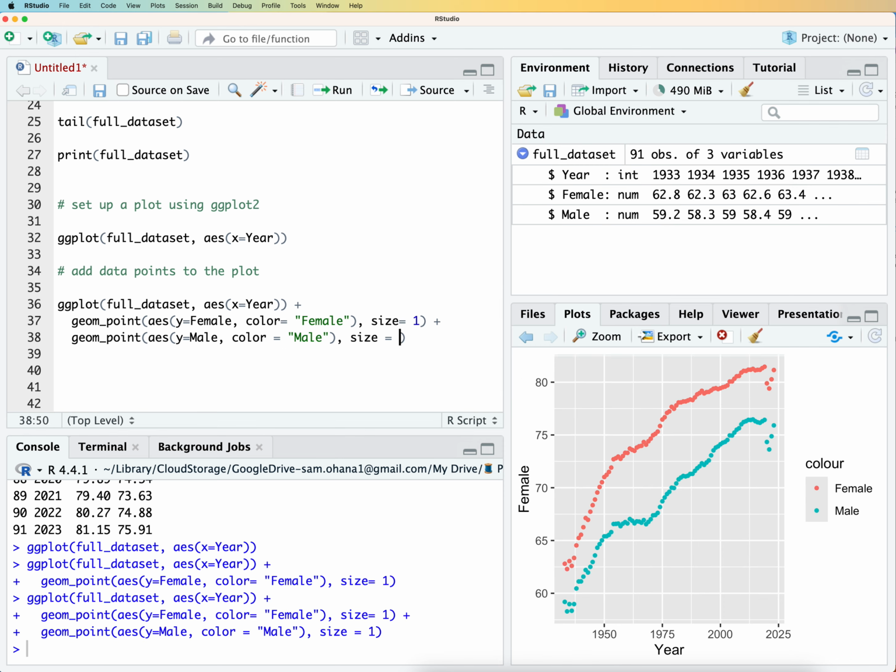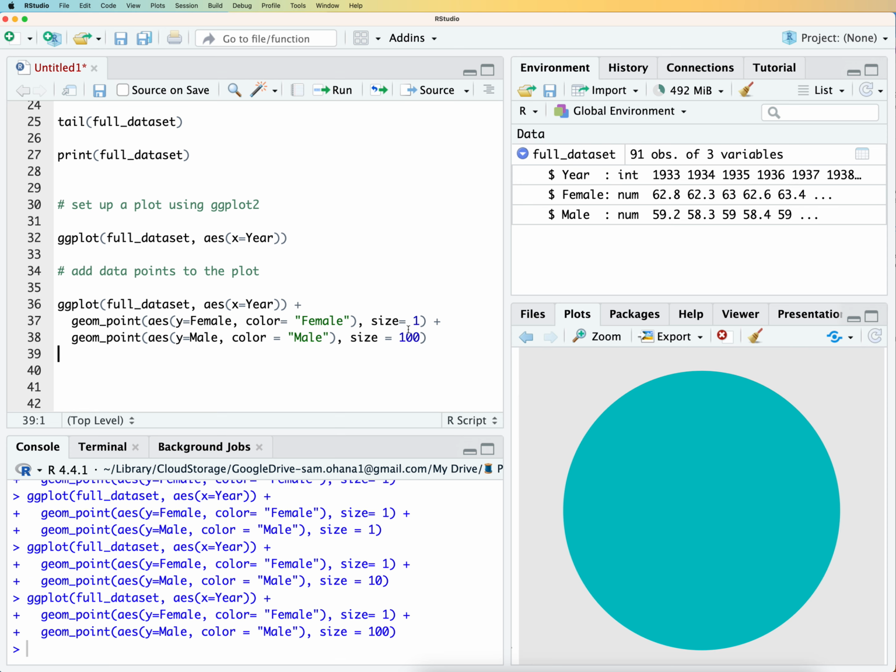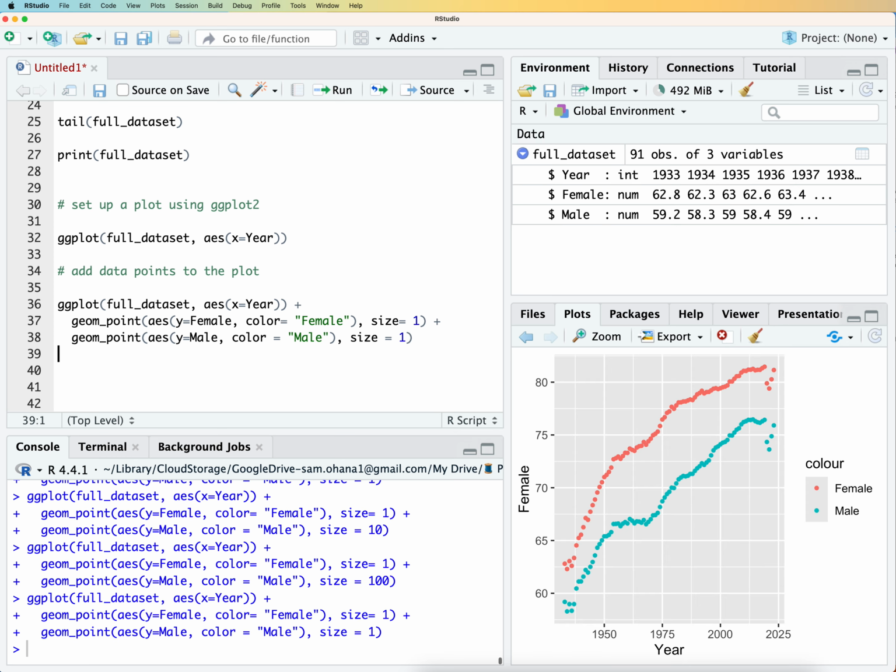The size 1 here can be almost anything you want. If I put size 10, the data points go supermassive. And there's really no limit to how big the data points can be. Now it's just one big data point, so we'll just put it back to 1. And then we'll go to the next line,